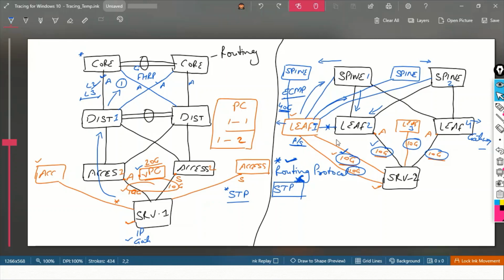But here in this two-tier architecture, all the gateways are residing on your leaf layer only. Any kind of gateway or any VLAN interface that will be configured will be configured on your leaf device only.